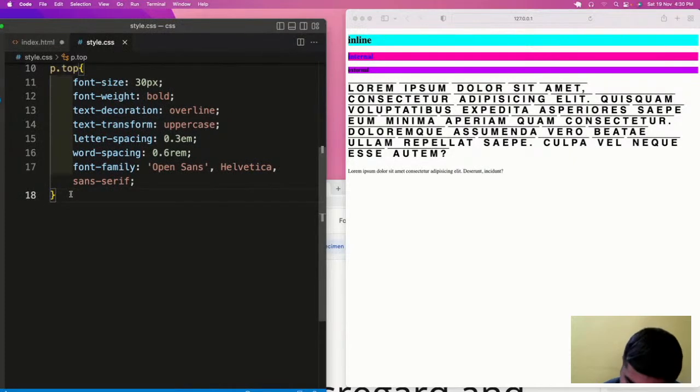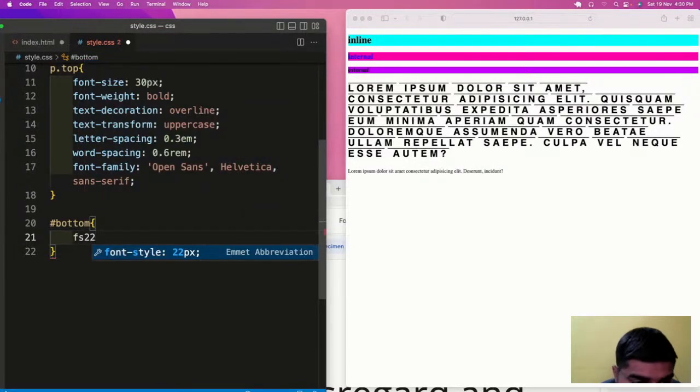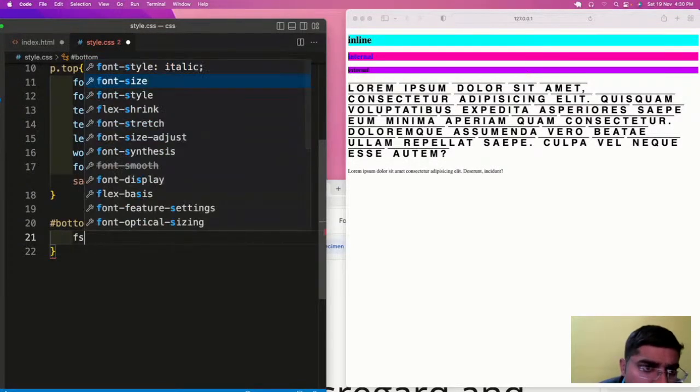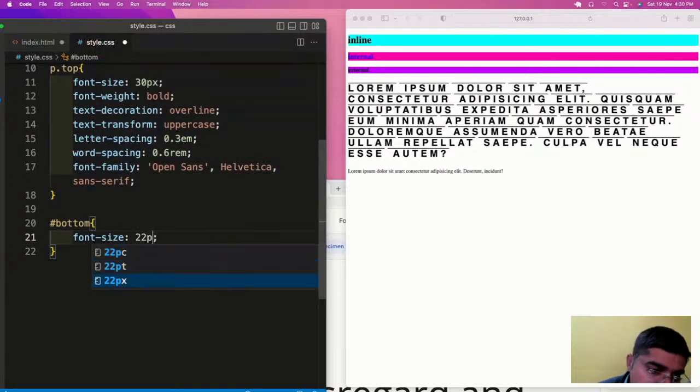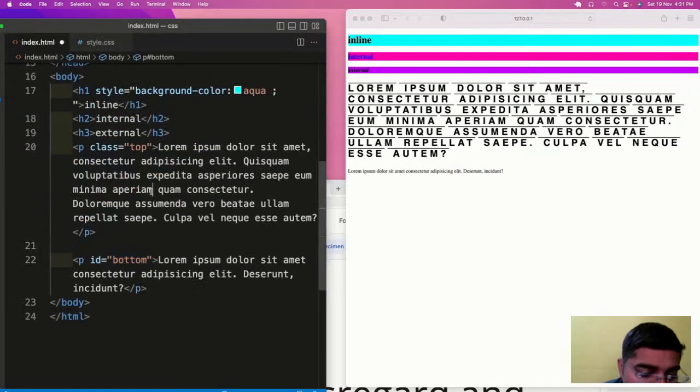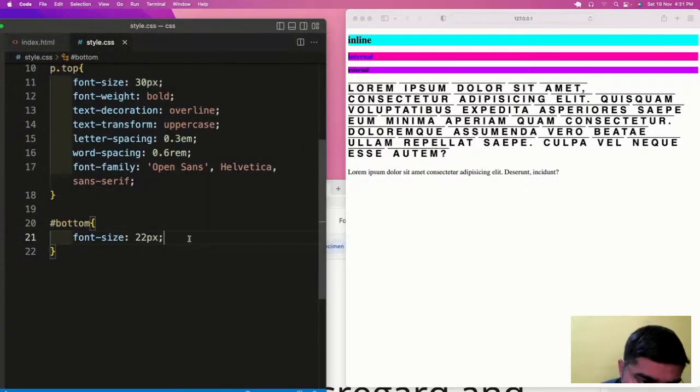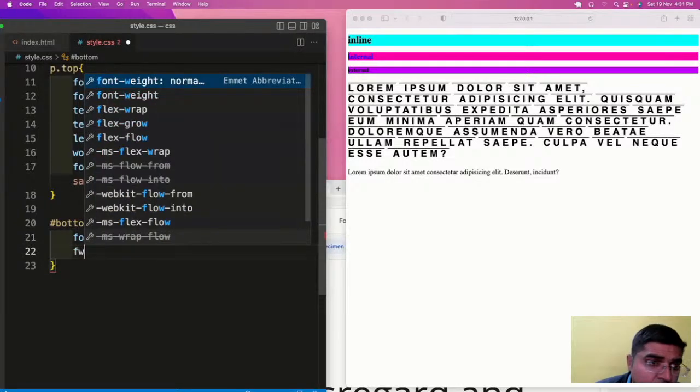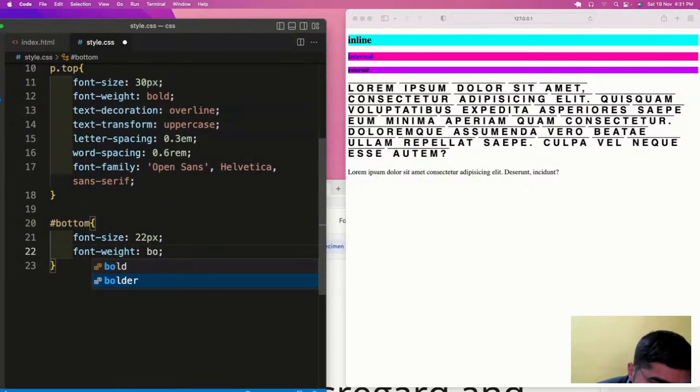Control C, hash bottom, we will use the font size as 22 px and also font weight as bolder.